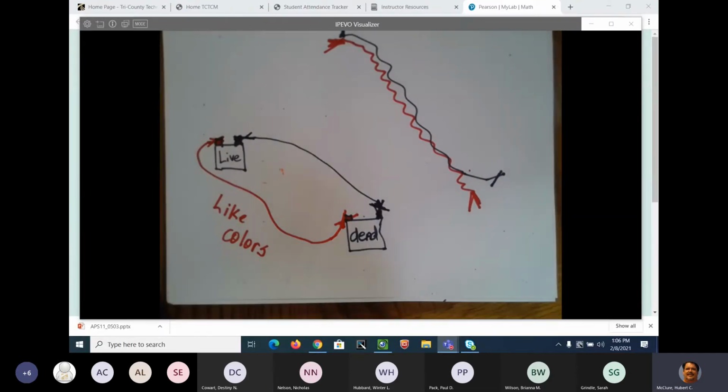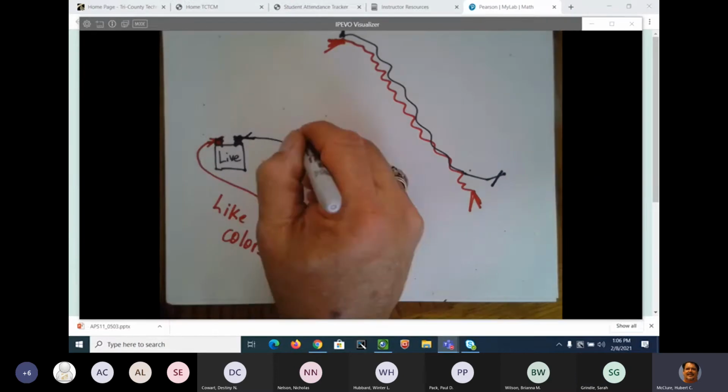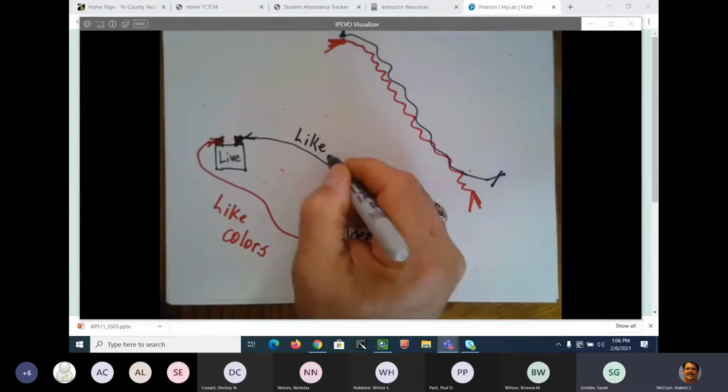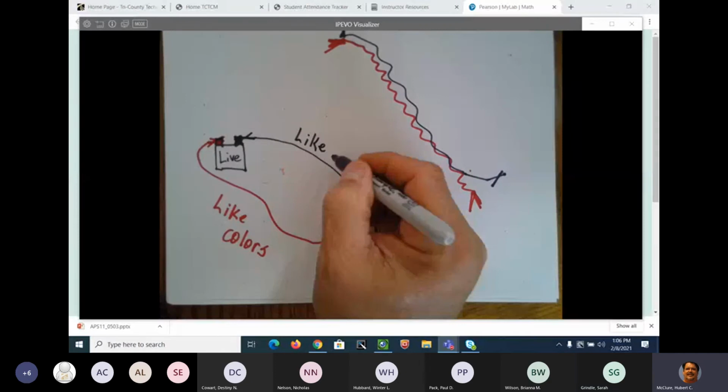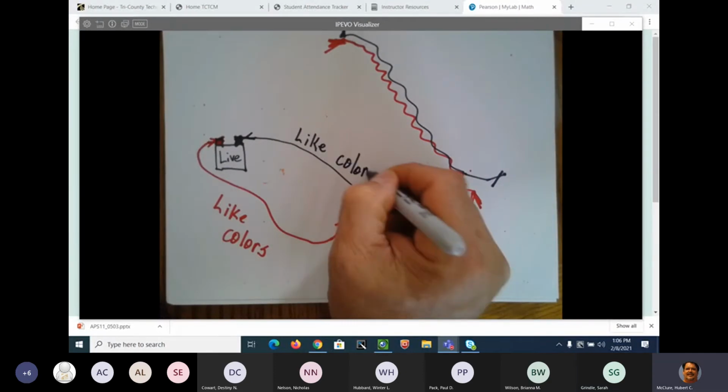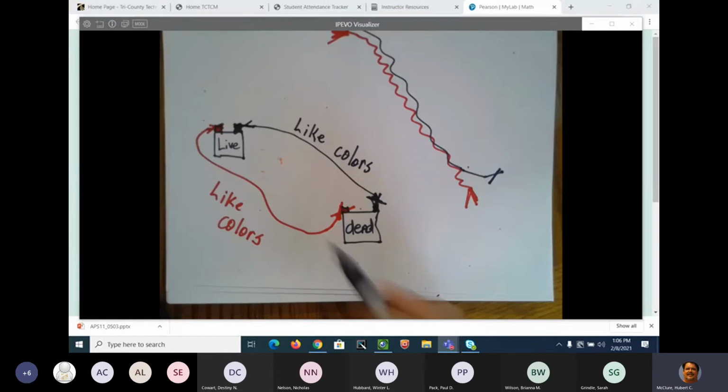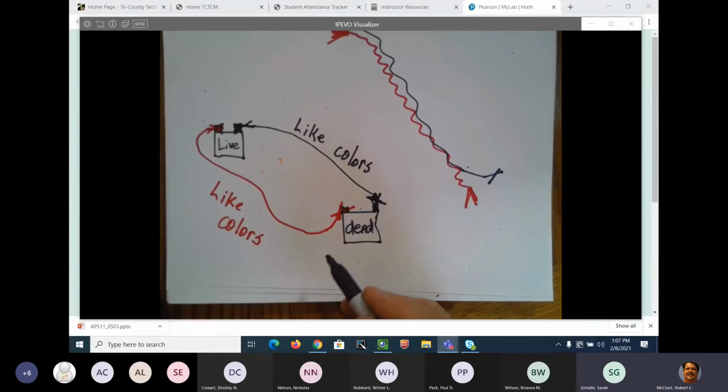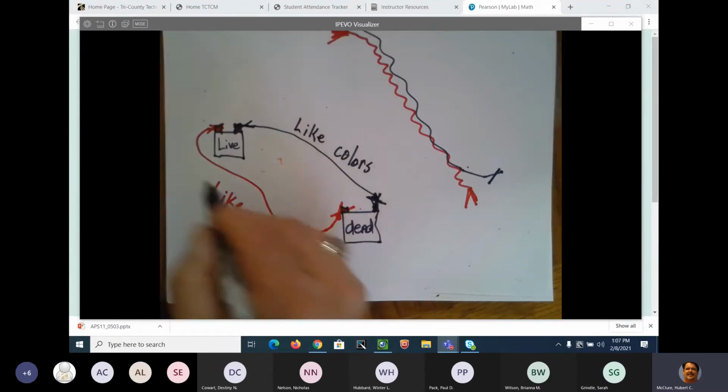Now, why in the world am I showing you how to jump a car off when I should be showing you how to multiply and do signs? Well, for one thing, this will teach you how to jump a car off if you ever get stranded, because I know dang well there's somebody out there that don't know how to do it. All right. The second reason I'm showing you how to do it is because like colors